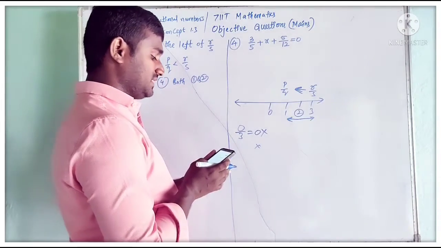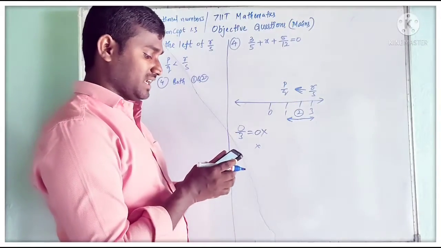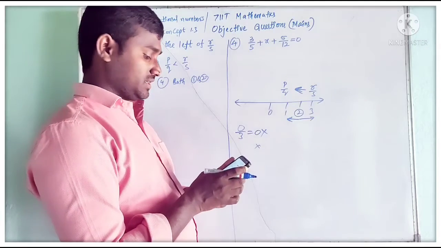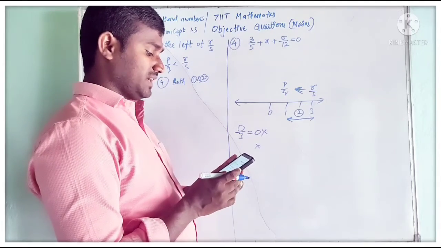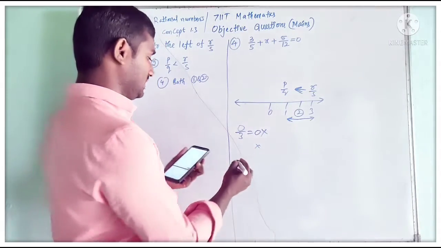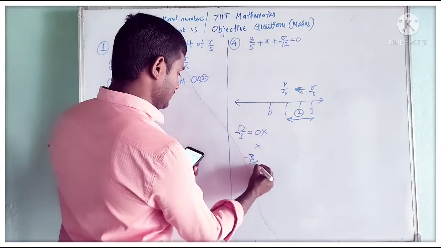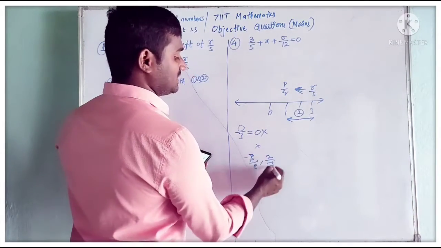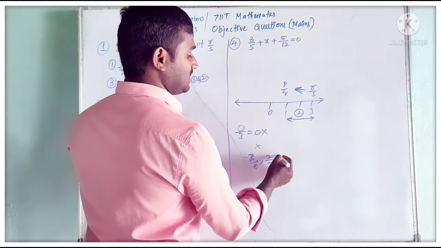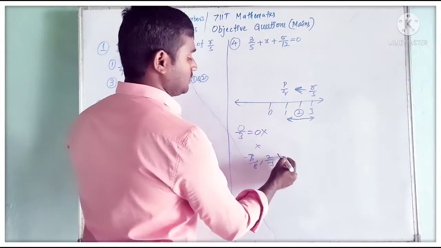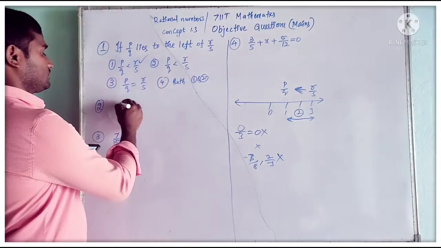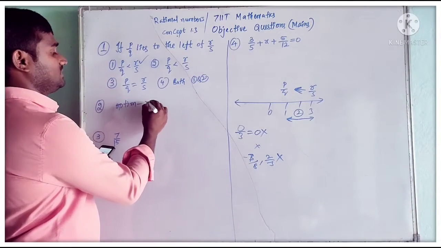Next, third option: 2 by 3, 4 by 5, 7 by 8, 9 by 11 are fractions as well as rational numbers. Yes, this is the true statement. Minus 2 by 8, minus 7 by 8, 2 by minus 3 are fractions but not rational numbers. They are saying these are fractions but not rational numbers, but these are not fractions, those are rational numbers. So it is a false statement. Here, among them, what is the correct option? Option 3 is the correct option for the second question.